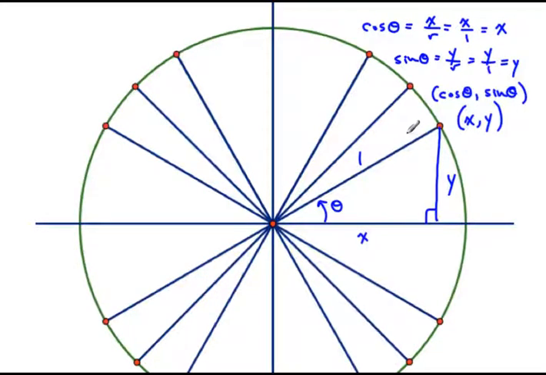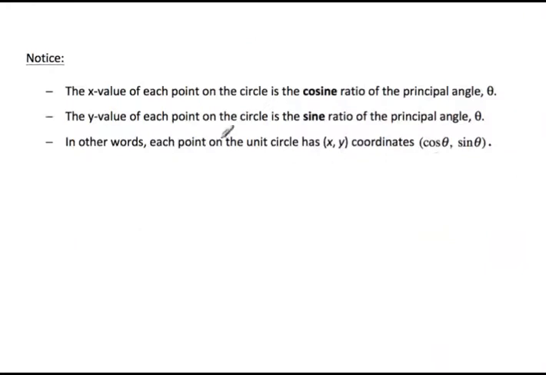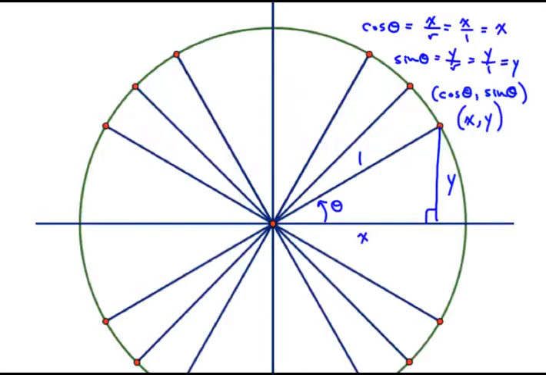And we could do that for any of these triangles or any other triangle that we could draw on the unit circle. In other words, instead of defining the point as having the coordinates xy, we could equally well define xy on the unit circle as being cos theta, sine theta. So the x value of each point on the circle is the cosine ratio of the principal angle theta, and the y value of each point on the circle is the sine ratio of the principal angle theta, just as we've seen here. If you go back to the values that we worked out,